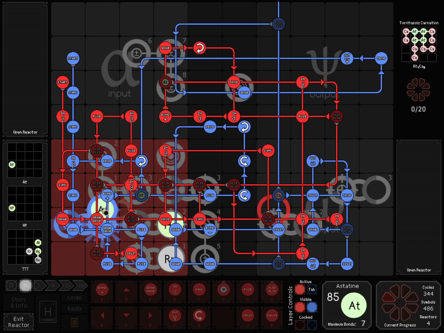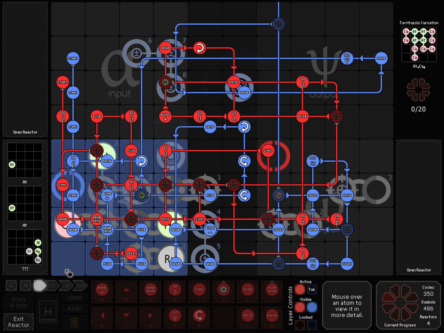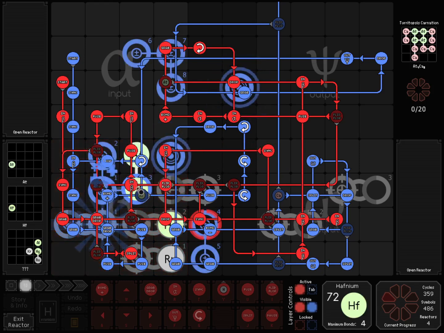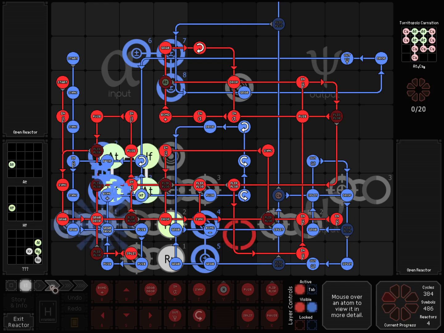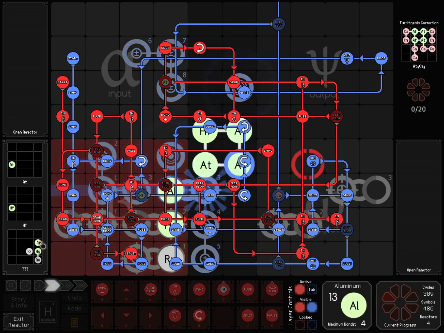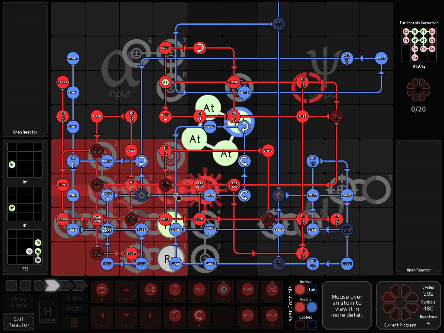Because we did all the nuclear math in the last reactor, things are going to pack up into mercury in nice ways. So we have one mercury here, hafnium, astatine, more fusion, another astatine, more fusion, another hafnium, and hafnium is 72, astatine is 85. We need an aluminum. Oh, guess what? We have aluminums here. So the math works out that aluminum just drops here, right where it's needed, and we